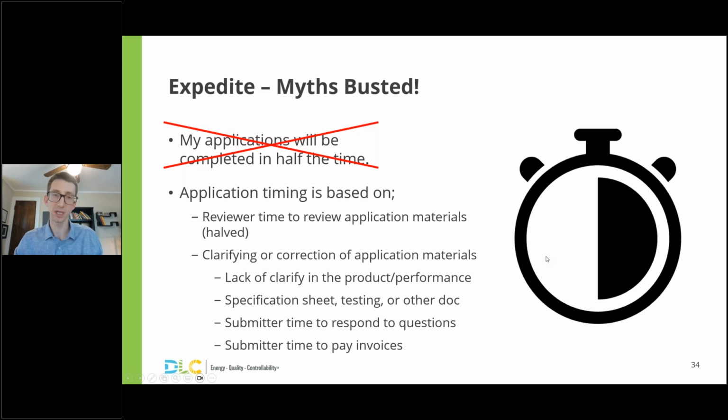So that may be the case for an expedited application. However, there are other aspects to an application review that impact the timing. And so the timing is based on the reviewer time to review the materials. And so in an expedited application, that would be halved. However, the application timing often depends on